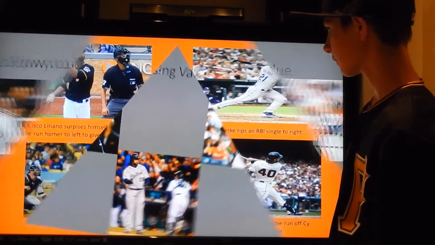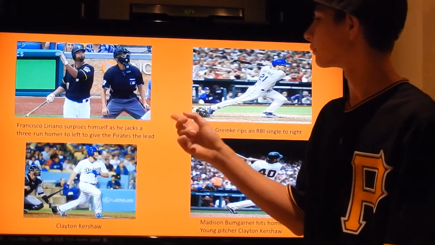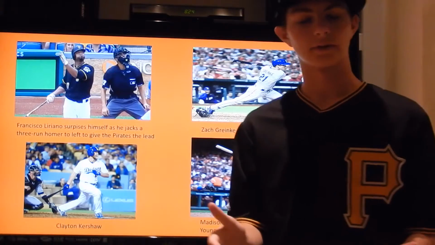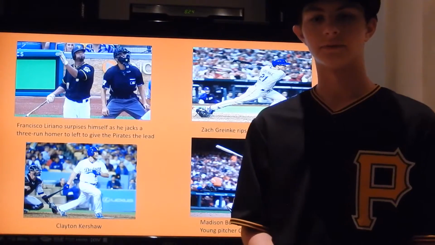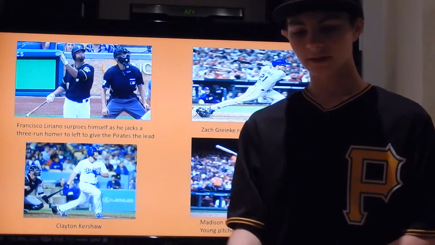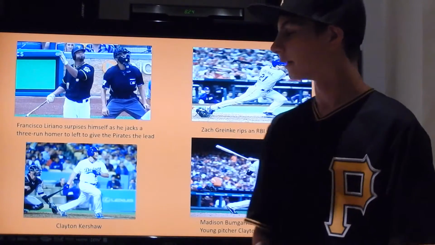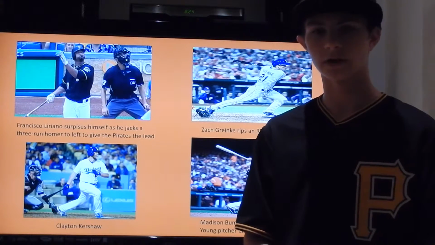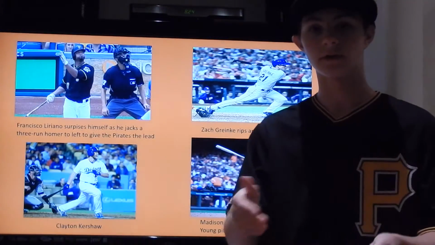I believe on this next slide here, yes, this is my favorite. I'm a Pirate fan, and I went absolutely bonkers when this happened. Francisco Liriano, big guy, probably over 230 pounds, usually never the best hitter. He was in an American League club for the most part of his career with the Twins, and he came up one day, I believe in the bottom of the 5th inning at PNC Park in Pittsburgh, and the Dodgers were winning 3-1, I believe, and they intentionally walked the 8th batter.